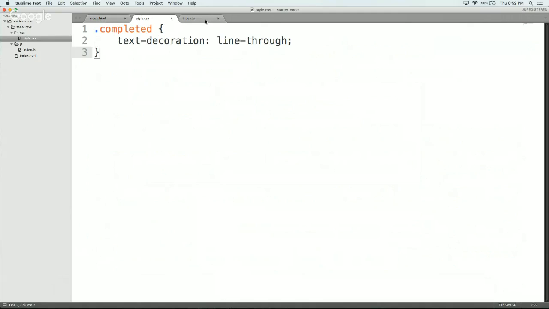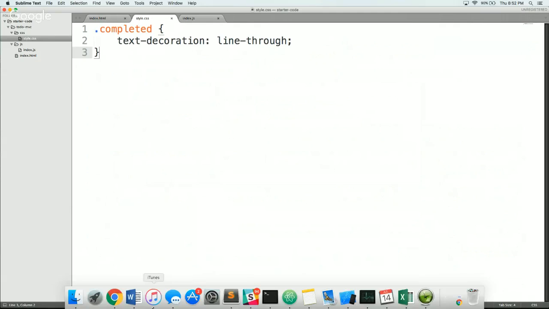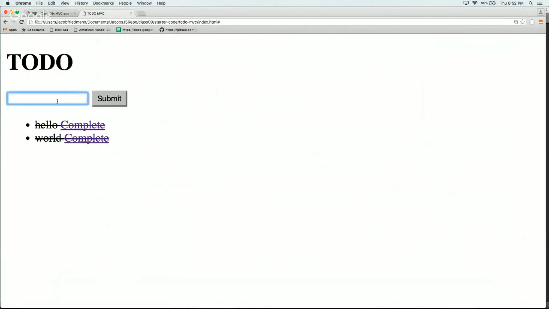Okay, we have one more issue. If I say go to the store, that doesn't look quite right. Does anybody know why? The other key, you don't have the